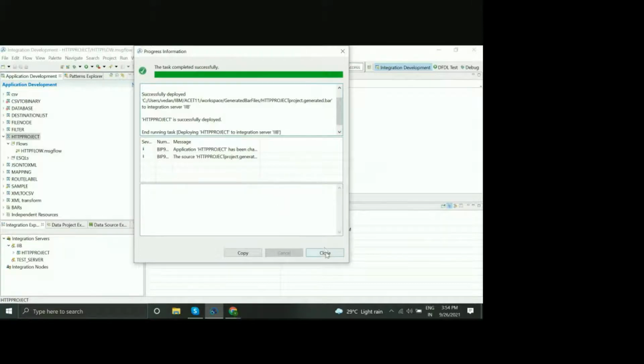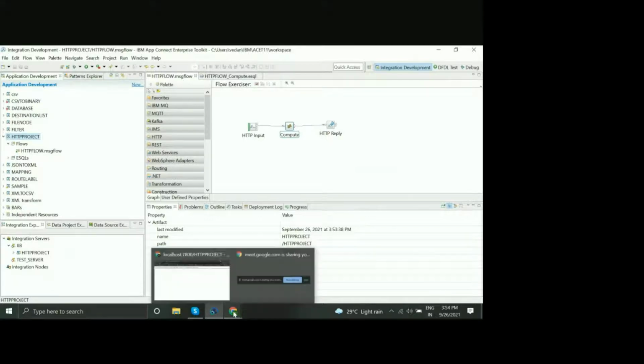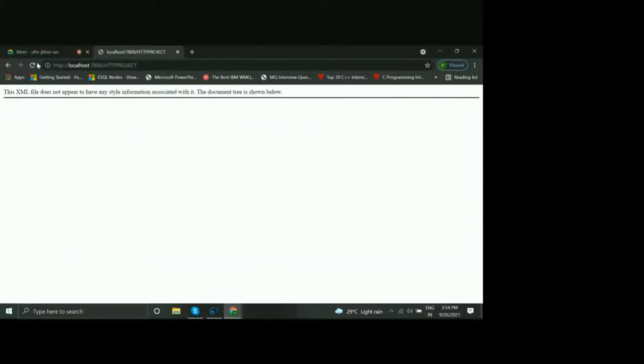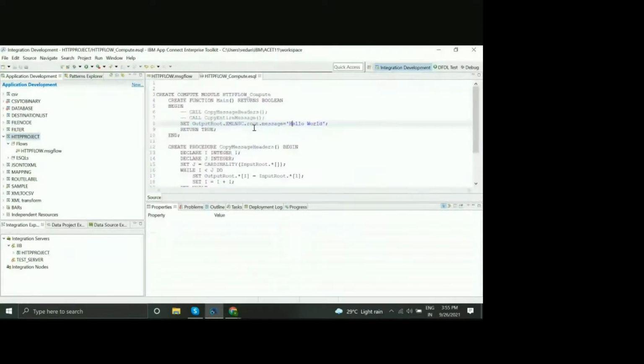Done, Vishnu. Now refresh the browser tab and see what output you get now. Yeah, got it. Vishnu, if I keep JSON here, I'll be getting a JSON message, right? Yeah, let's try that. Go to the next line and comment line number 8.